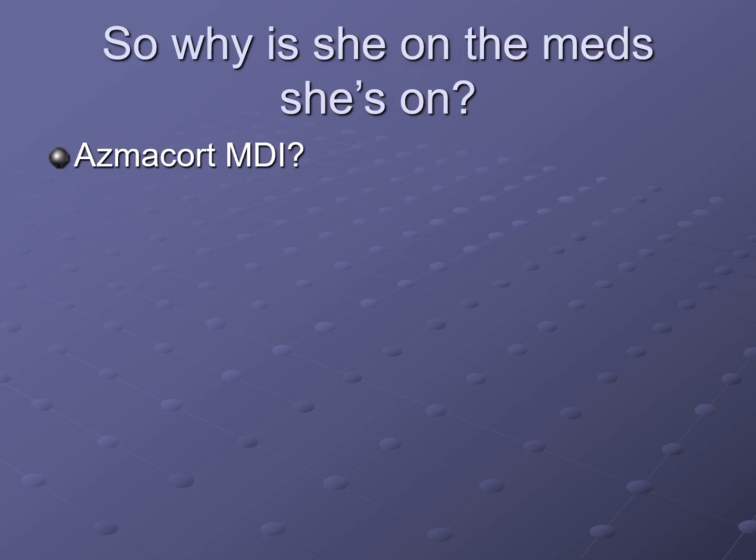Why is she on asthma court? Why did we put COPD patients on steroids? Well, we used to say it was just for comfort and quality of life. We're now thinking that it probably does affect the disease more. And the usual standard is to put people on anticholinergics, also known as LAMAs, long-acting muscarinic antagonists, a long-acting beta agonist, and steroids.